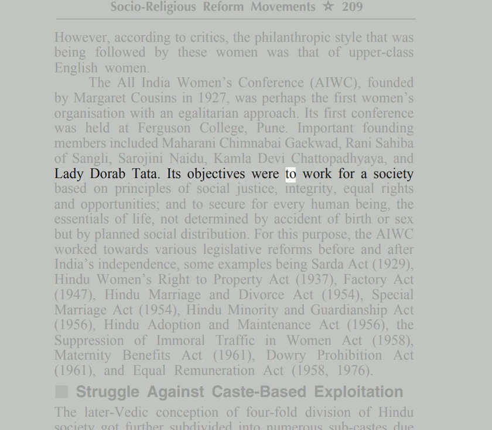Its objectives were to work for a society based on principles of social justice, integrity, equal rights and opportunities, and to secure for every human being the essentials of life, not determined by accident of birth or sex but by planned social distribution. For this purpose, the AIWC worked towards various legislative reforms before and after India's independence, some examples being